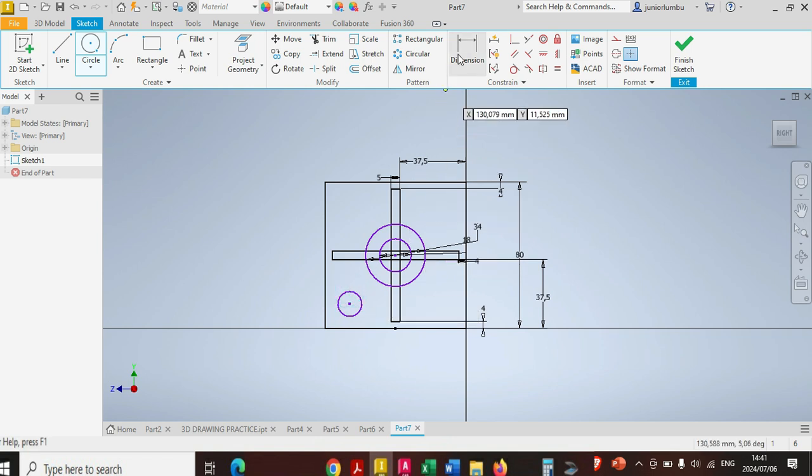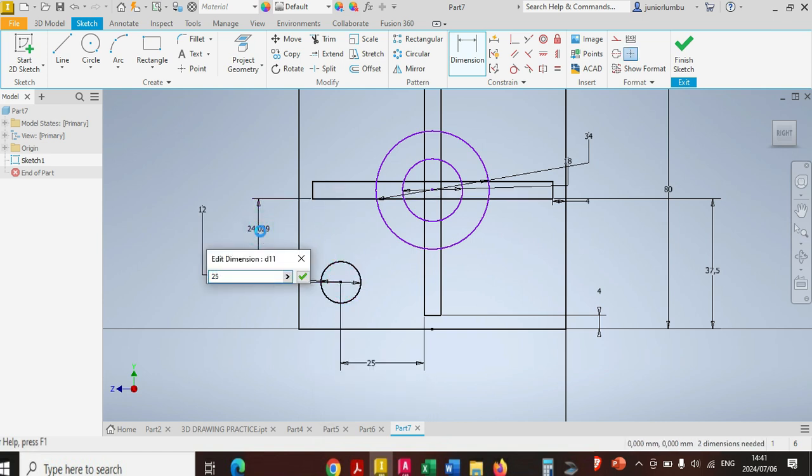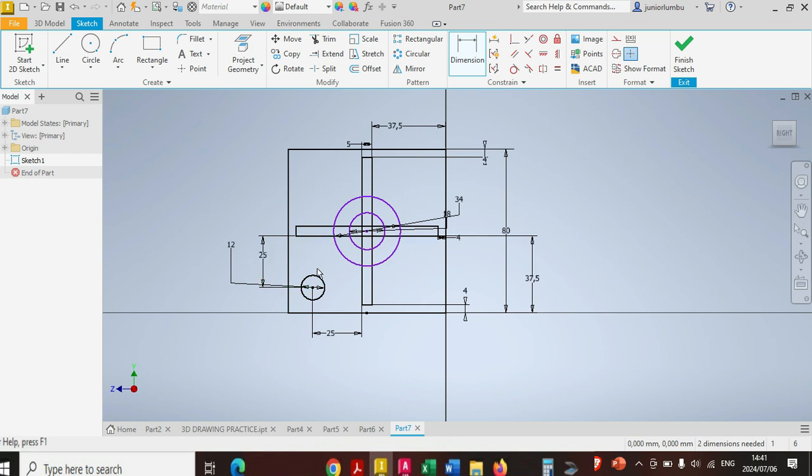So there's my first circle. This one here needs to be 12 millimeters. All right. And from here to there, that one needs to be 25 millimeters. The same applies there. That needs to be 25 millimeters. Since I want this circle to be multiplied 4 times, to have 4 of them, I'm going to come on